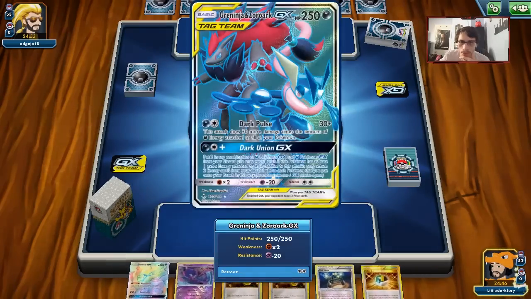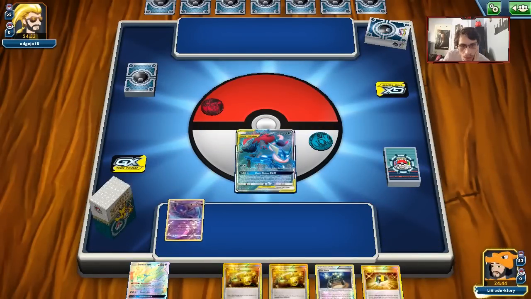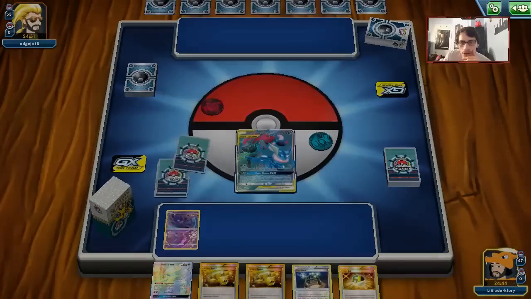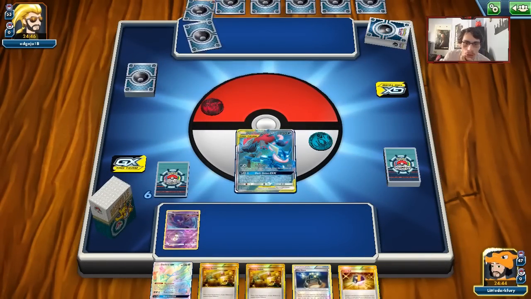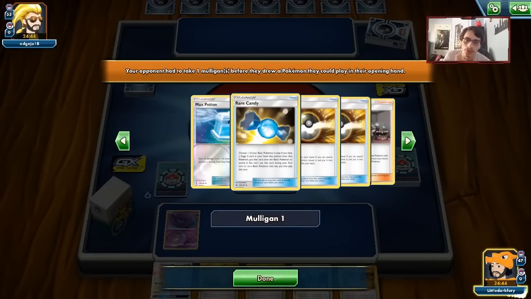I guess we'll start with Greninja. That's fine. We can Ultra Ball here. Probably get rid of Energy Switch and Darkrai. We have to get Tapu Lele. Opponent's gonna mulligan. Alright. Okay, so they're playing...